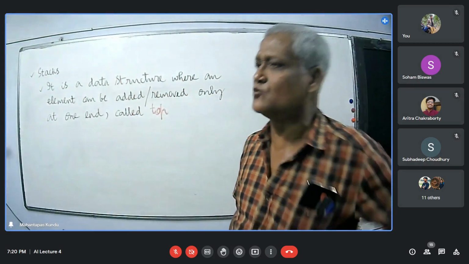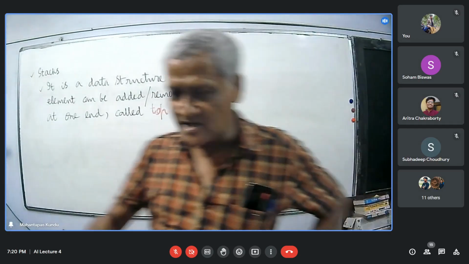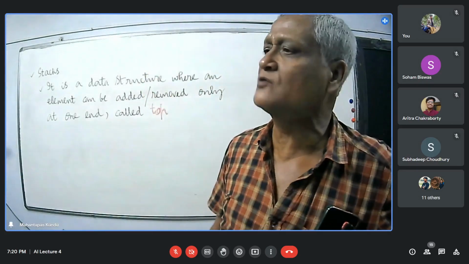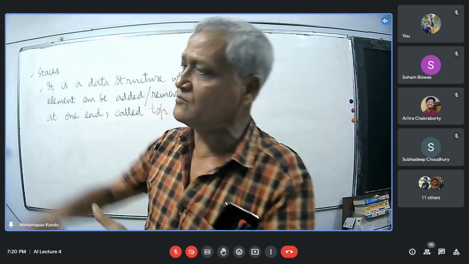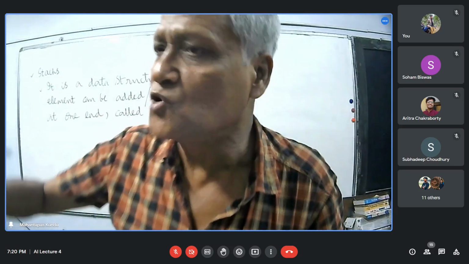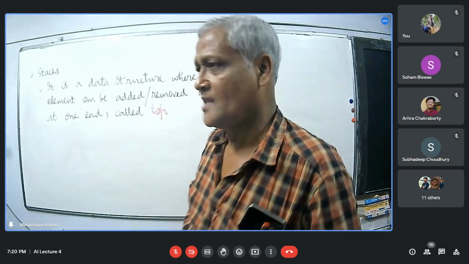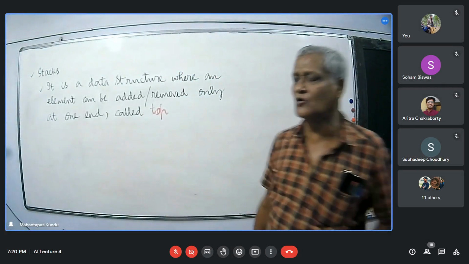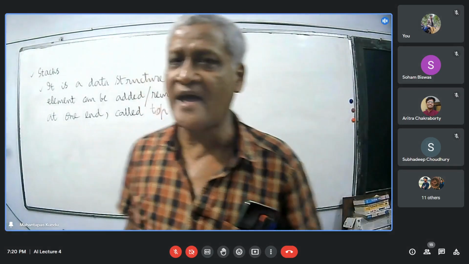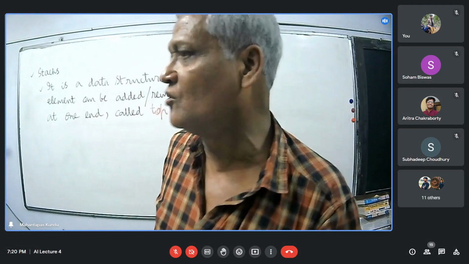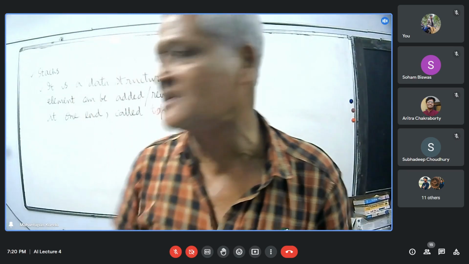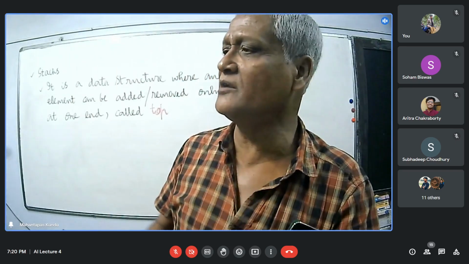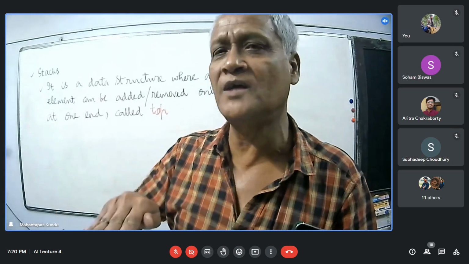If you want to add a new book to that stack, you have to add that book over the top of the stack. And if you want to remove a book from that stack, you cannot remove a book from inside the stack. You can only remove a book from the top of the stack.